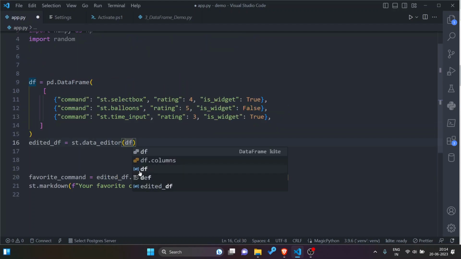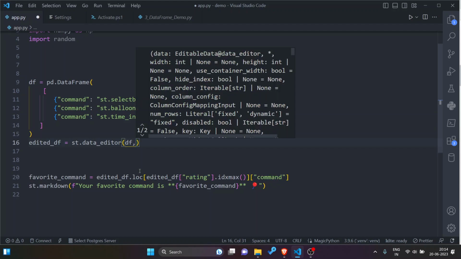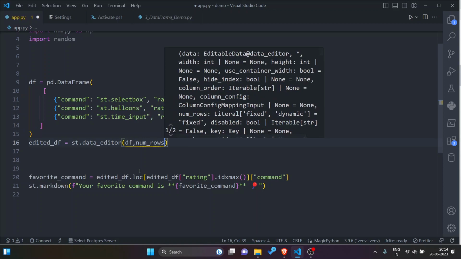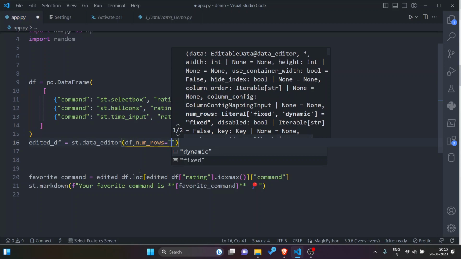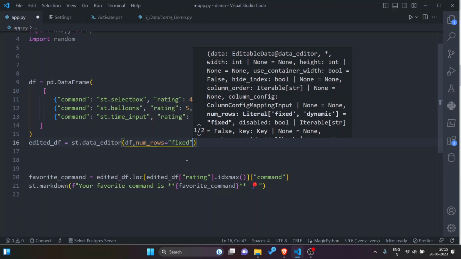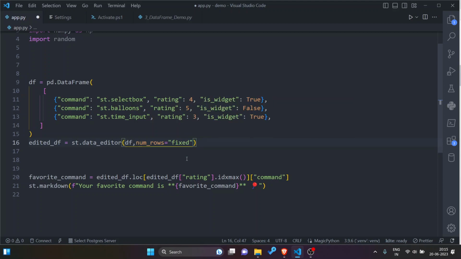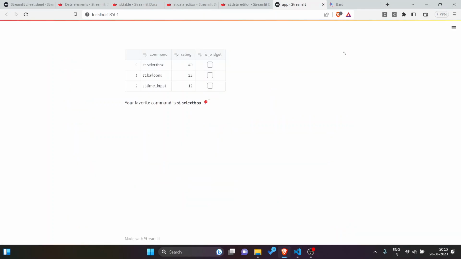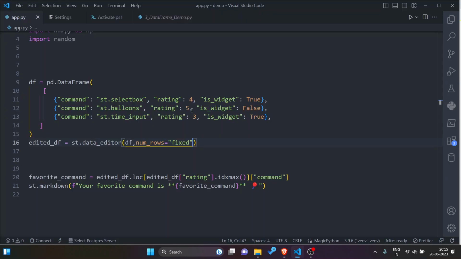Okay. We can pass one more option, that is number of rows. Number of rows takes two arguments, either fixed or dynamic. By default it is fixed. So when fixed, we cannot add any row to the data frame. But if we make it dynamic, okay,